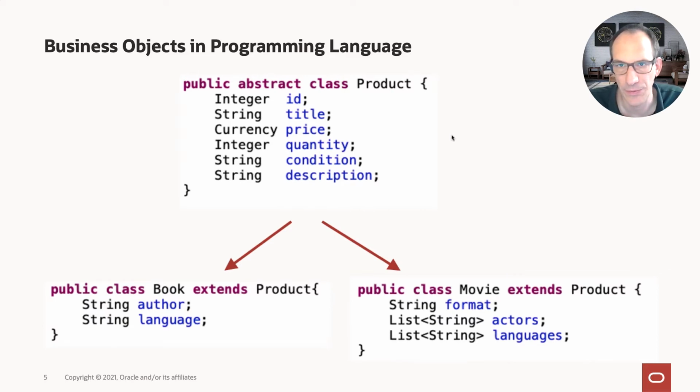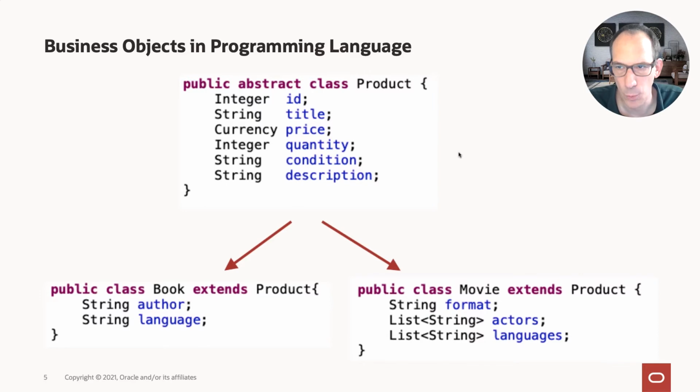So now, from an application development point of view, this is relatively easy. Let's say we start with some Java classes here. There is an abstract class product, which has all these shared attributes. And then with inheritance, I create subclasses for product, for book or movie. And maybe in the future, I could just easily create a subclass for poster, for example.